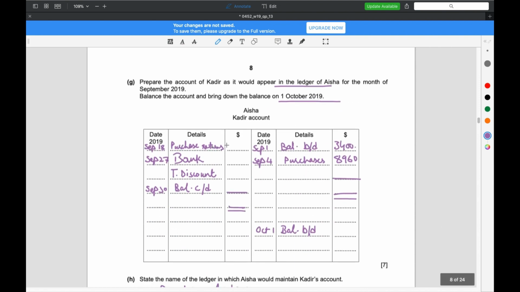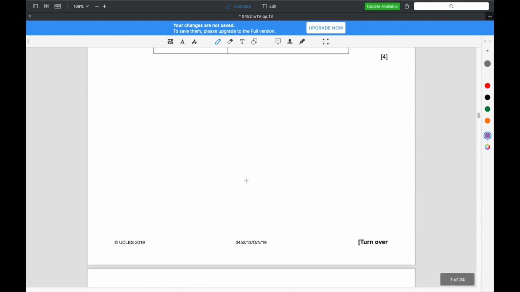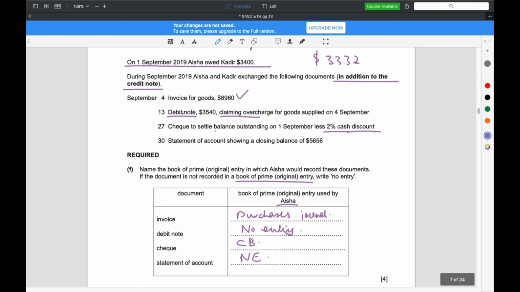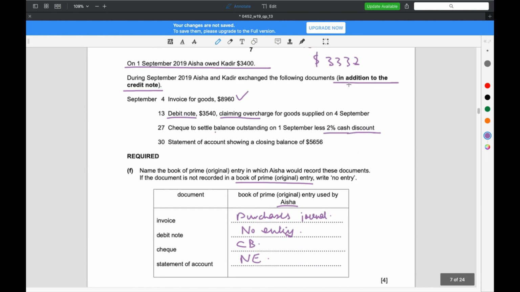Purchase returns. Oh yeah, I forgot this one. Okay, we're doing this one first. Bank. Now she actually paid 3,332, but she also took a cash discount, sorry, of $68. So that is going to be a cash discount. Okay. And then yeah, don't you forget that he said exchange the following documents in addition to the credit